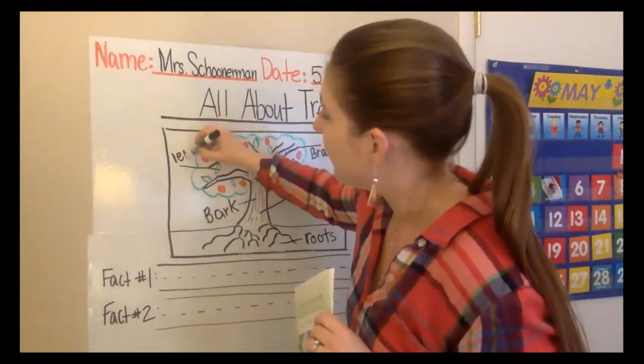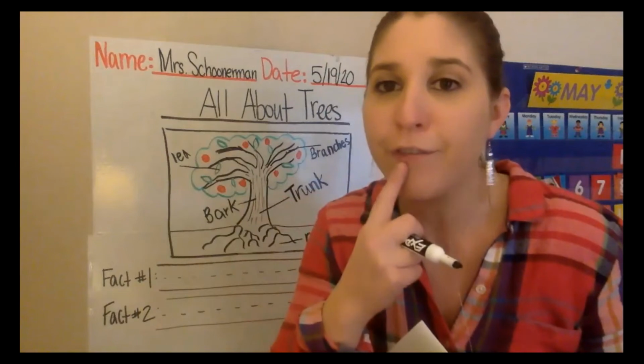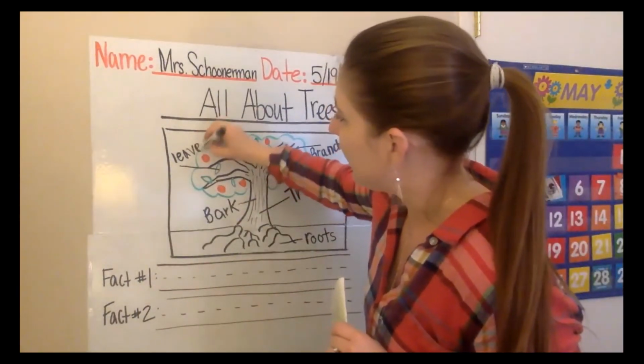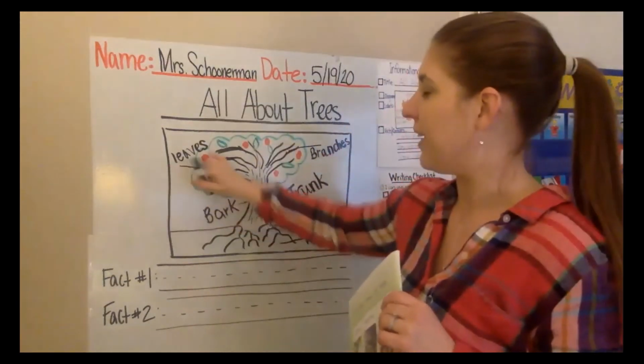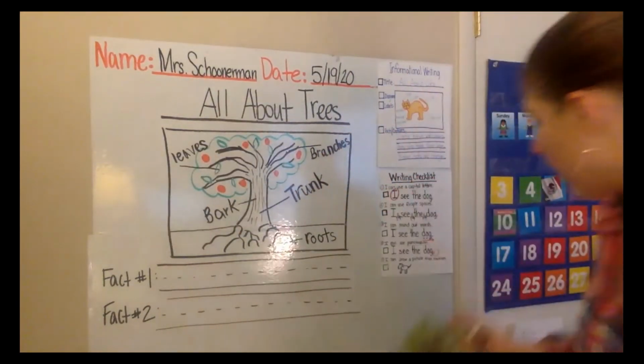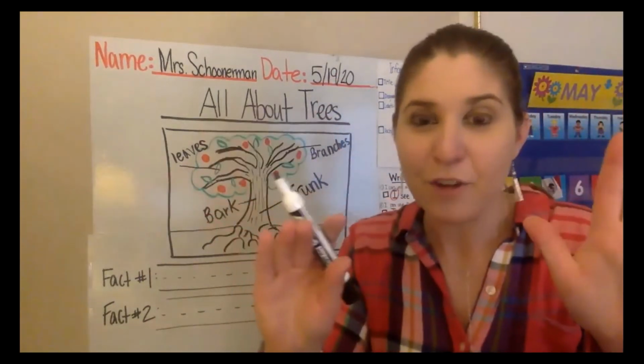E. Then there's an A. Leave. A V. Leaves. Okay. Now, there are more things that you can label, but I'm saving that for you because remember, at